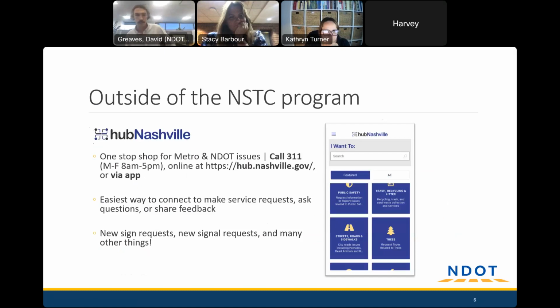I will say that the traffic calming program has some limitations on the kinds of tools we can use to address speeding and other things. So should we come across anything else you'd like to see, maybe a sidewalk repair or some signage that doesn't quite fit with what we're here to do, we want to make sure everyone is aware of Hub Nashville as a resource to request just about anything from Metro Nashville, whether it's debris in the road or potholes,